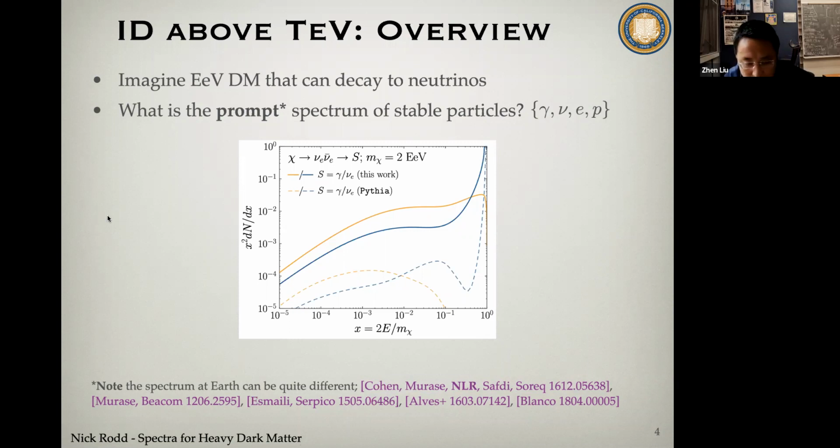Sure. Yeah, before going there, let me just ask a few naive questions. First of all, why do I normalize the vertical axis in x squared, not x? Isn't the x the energy? If I integrate the area under the curve, I'll get 1. Why do I use x squared? There's no deep physical reason. It's literally just for plotting purposes. If you don't put this x squared, of course, the low energies dominate entirely, right? The low energy fractions dominate. And it's just common in the field that I work in that people often write energy squared when they're plotting this. I think physically there is some nice intuition for using x, as you said, because then you can think about the integrated energy underneath. But this was just for plotting purposes, not for anything else.